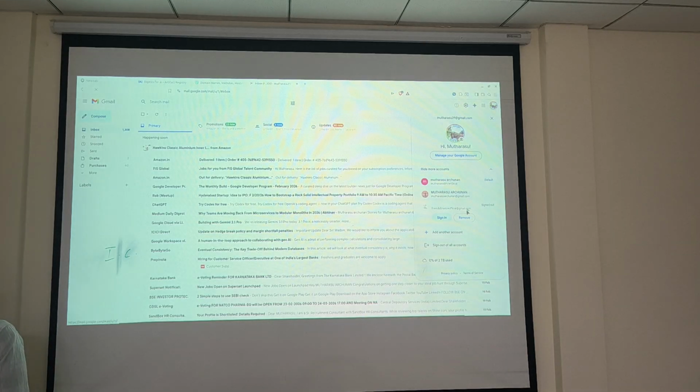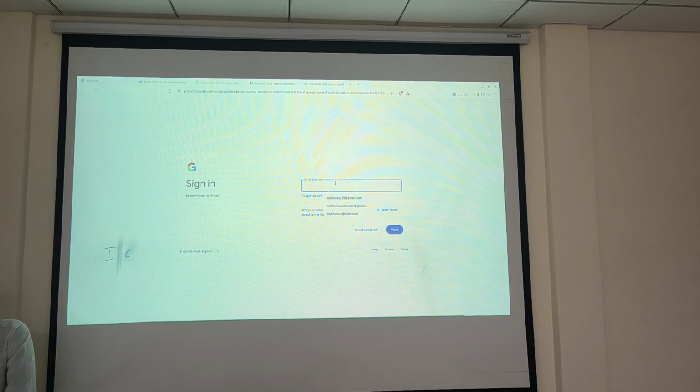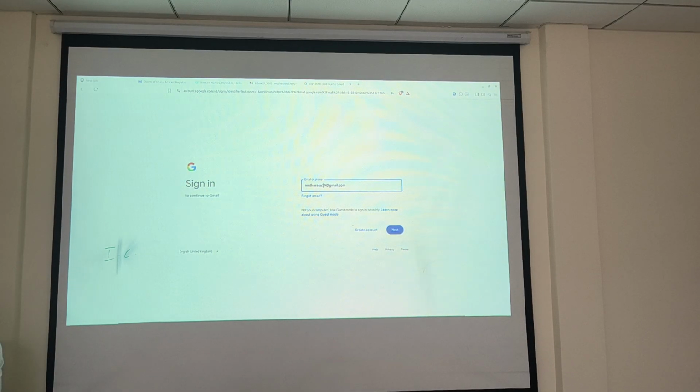Take an example: if I'm adding one more account here. What I'm giving here, I think this. Okay. So how is the login form going? Definitely you take any other things.